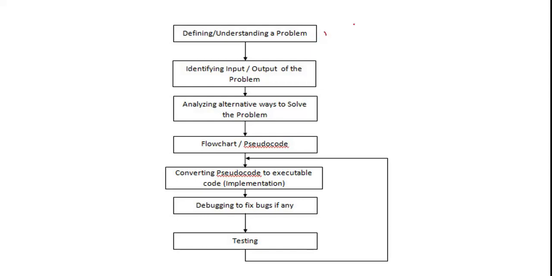First you have to understand the problem. That is very important. If you don't understand the problem, then you cannot do anything. You might write wrong code which will not give the expected output. Then you should be very clear about the input and output. For example, if I am calculating simple interest, you should know the amount, number of years, interest rate, all those things. The output should be the simple interest. So you should be comfortable with what the input and output are.